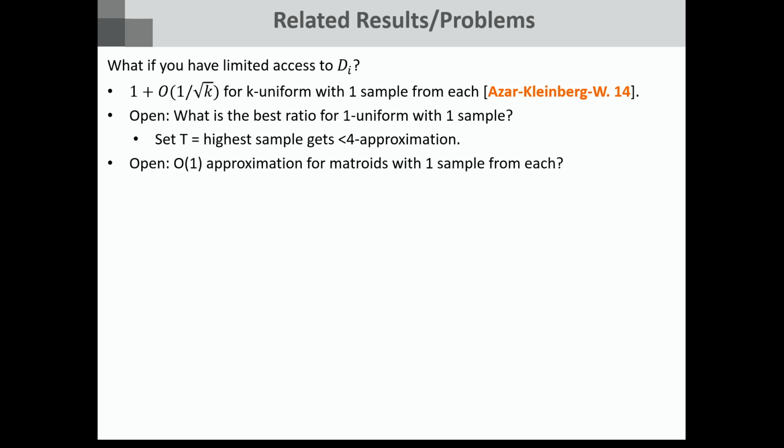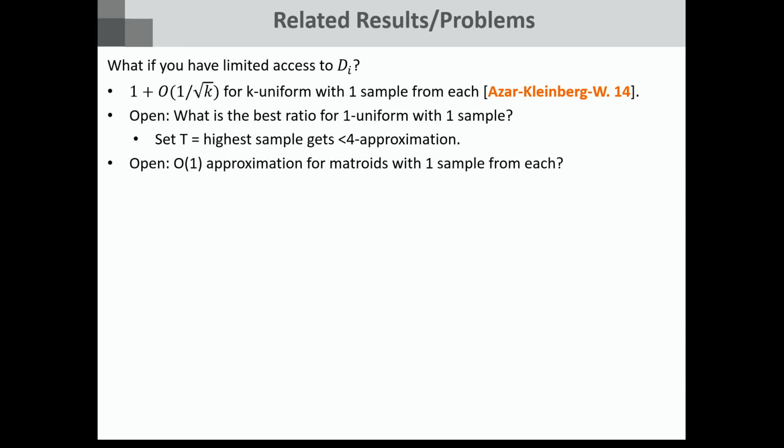and you only get access to samples? So we do know that for k-uniform matroids with only one sample from each distribution, you can still get an asymptotically optimal algorithm, but this is just a cute question that I don't know the answer to, which is what is the best competitive ratio you can get for the one uniform problem with one sample from each distribution? All I know is that a reasonable thing to do is to set the highest element